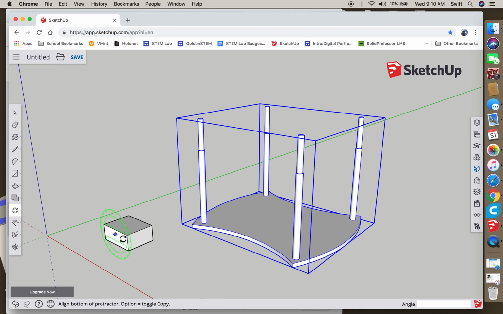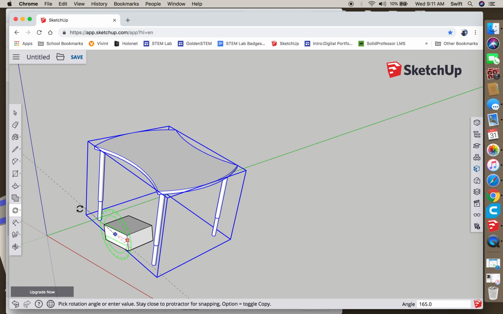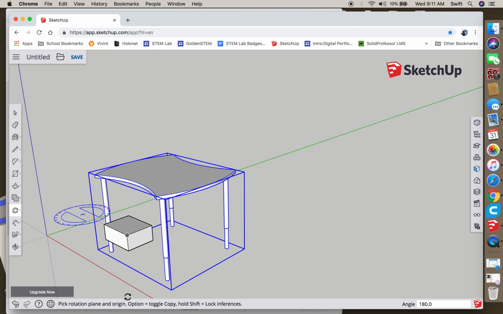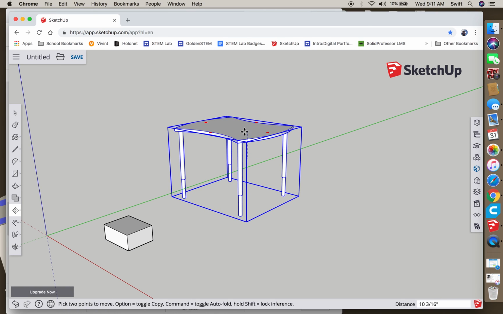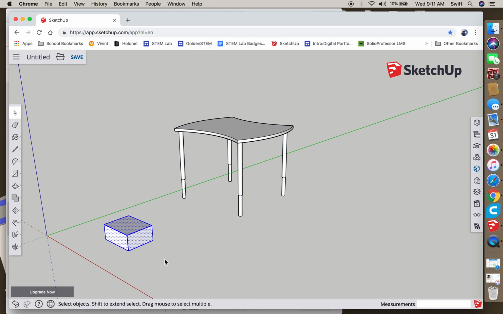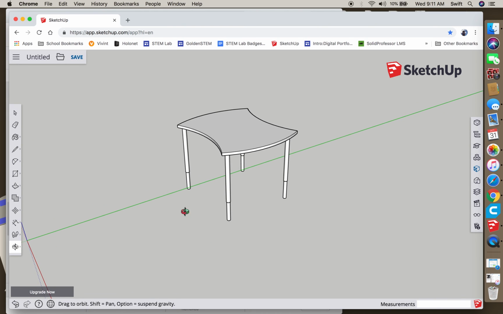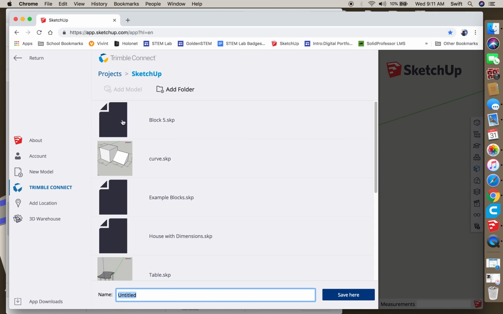I'm going to click once, and I'm going to line that up at the bottom of the table, and now I'm going to flip that over to 180 degrees. And then now I've got that nice and rotated. I don't need that little box anymore, so I'm going to move my table and then select this box and delete it. And now that I have my table completed, I need to save that. I'm going to save that and call it room 231 table. And you should do the same thing,